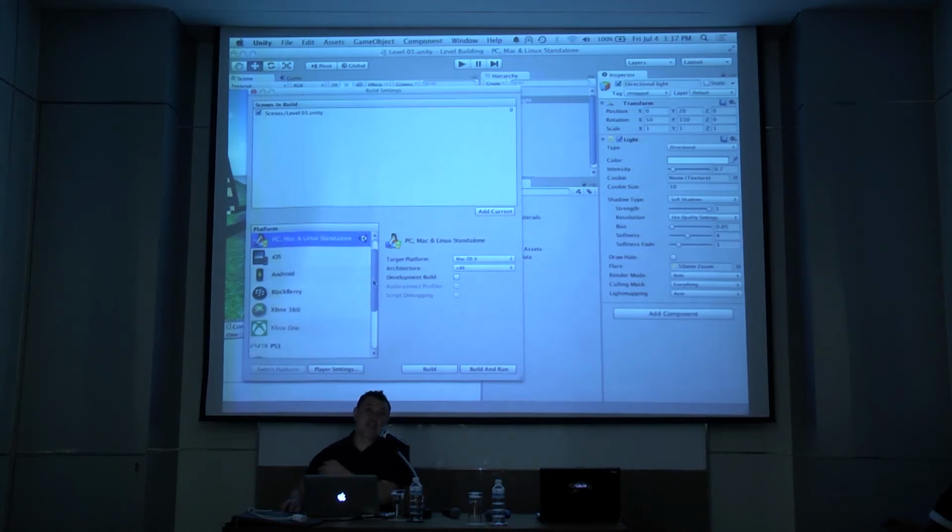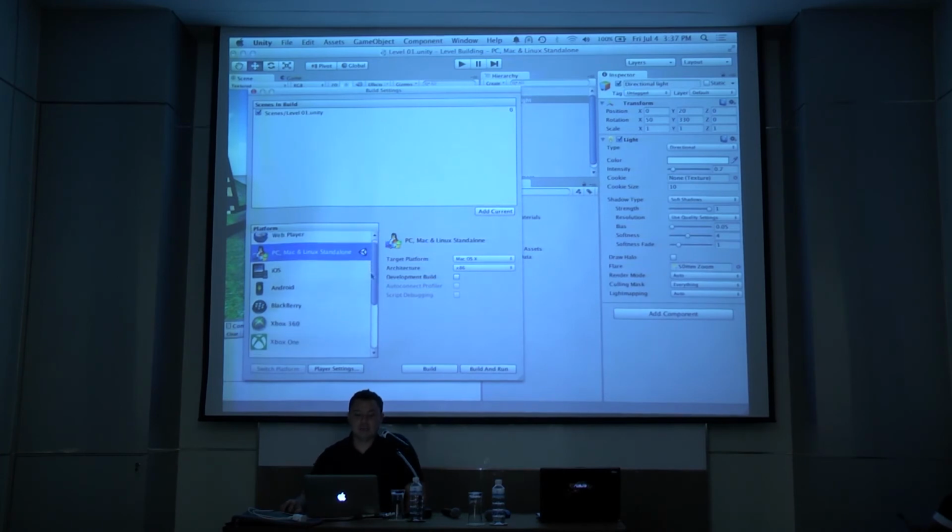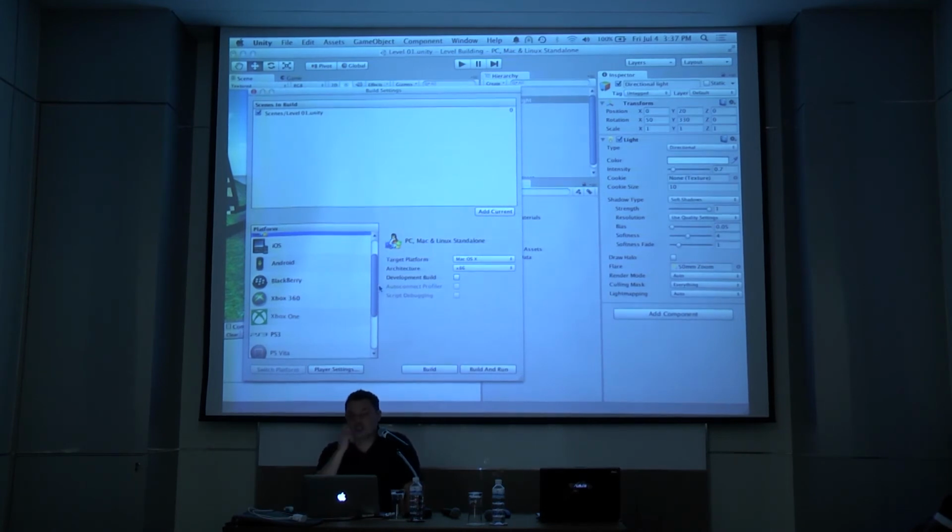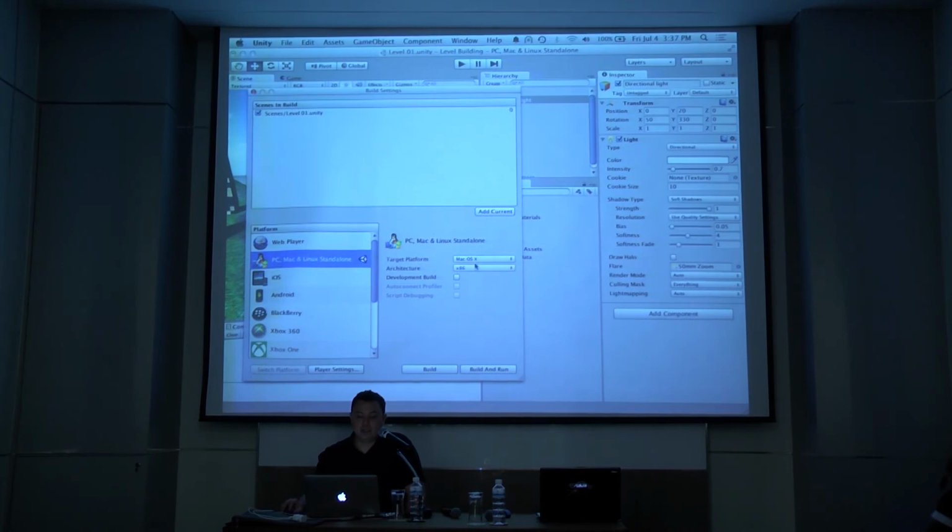So this is one of the big reasons, again, this multi-platform ability is very, very easy, especially if the project has been architected well and the assets have been carefully optimized. You can actually get builds to different platforms very, very easily, very quickly. So what we're going to do now is we're going to build one for Mac OS X. We're going to set up the player settings, so you can